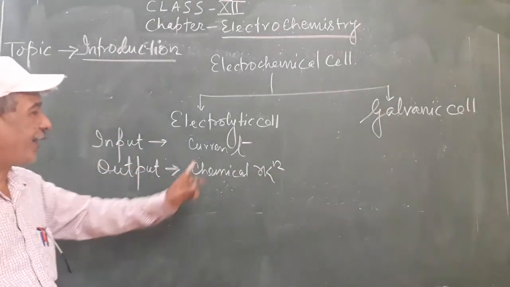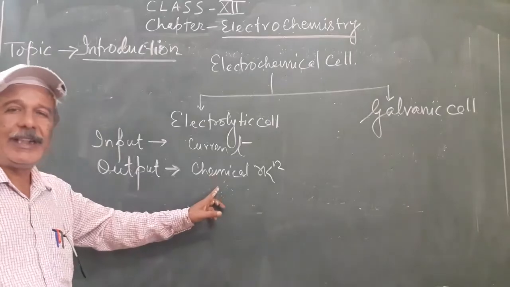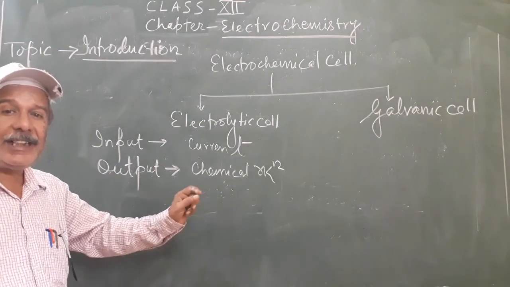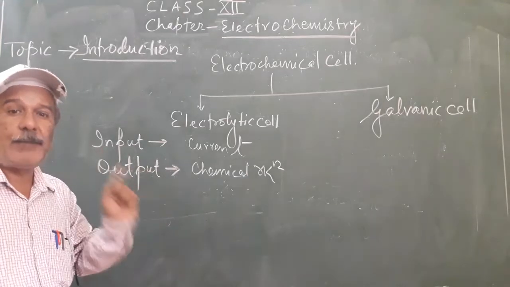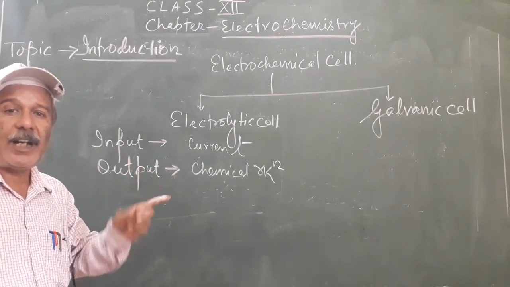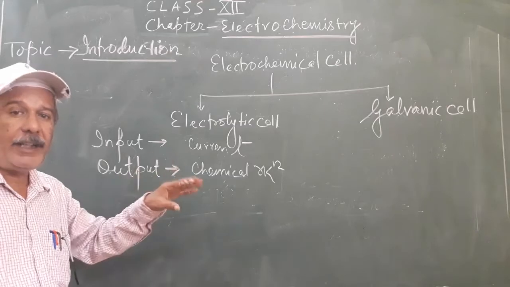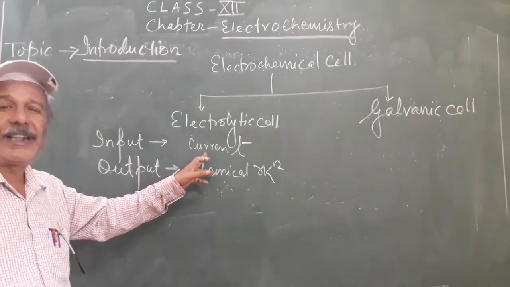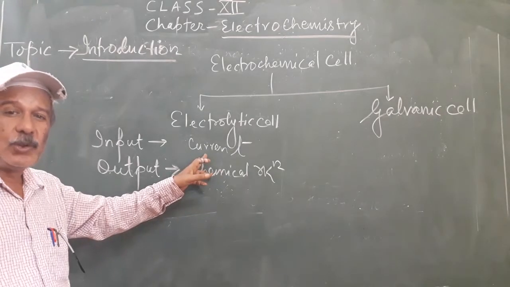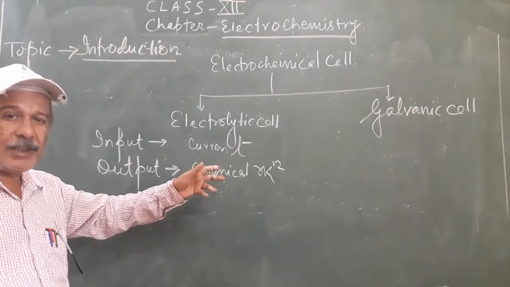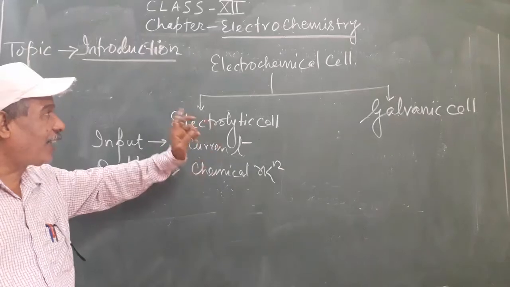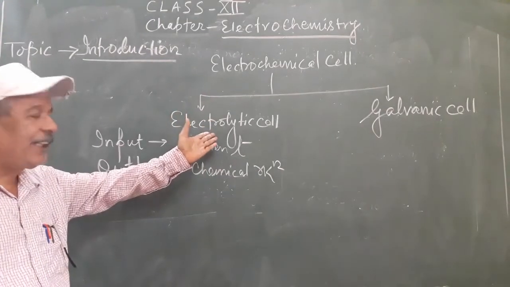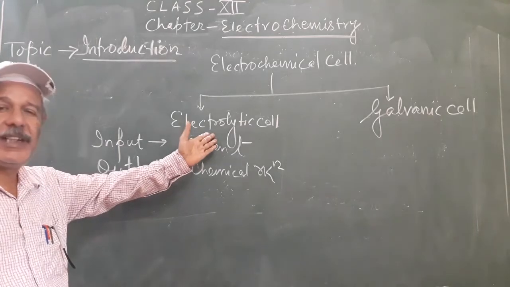Input is current and output is chemical reaction. What it means? That they are those chemical reactions which are only possible when reactants suffer flow of electric current. So they are electrochemical reaction and they occur in electrochemical cell,